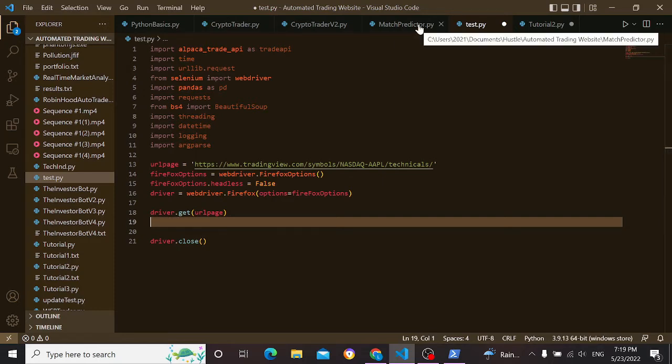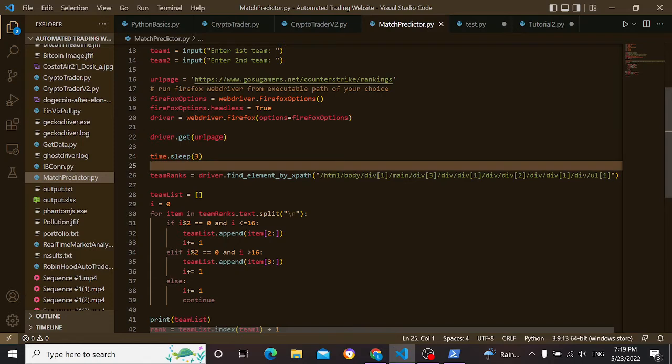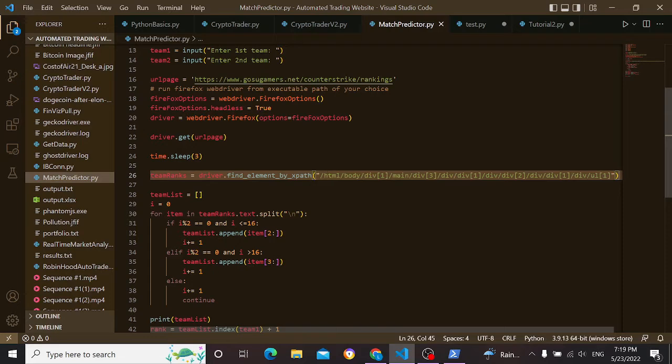I do sometimes put in a sleep. As you can see, there's one right here. Depending on how big the page is and where the things you're trying to access are, sometimes the page won't load fast enough, and you have to give it some time to load before you try to pull stuff from it. So the next thing we're going to explore is this